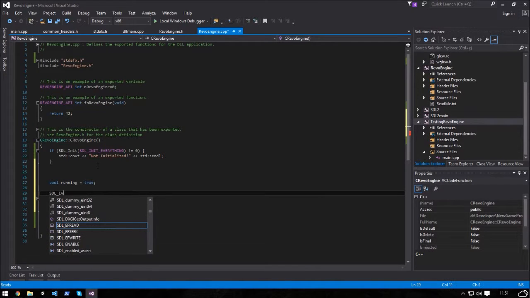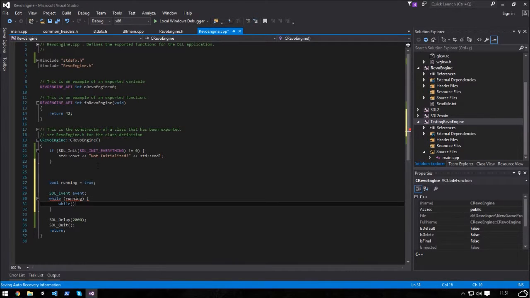This is the STL event to handle the close event of the window we're going to create. So STL pull event, the entries of it,